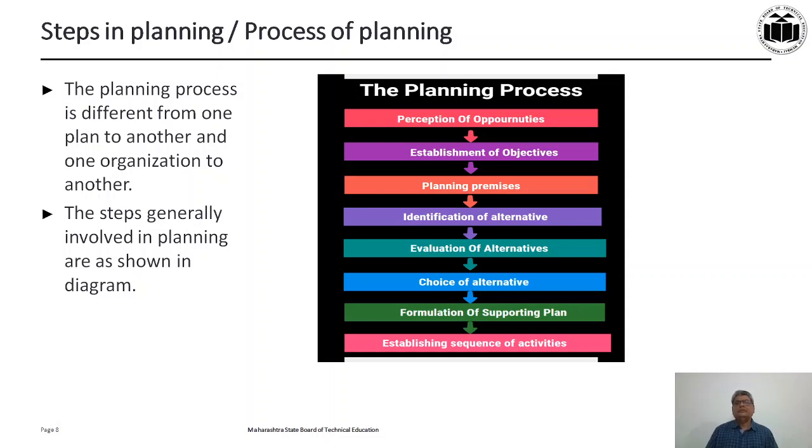A lot of supporting plans are to be made, from how to transport the ore to the plant, and how to transport the pig iron to the market, to how to arrange for the water, how to arrange for the power, and so on. So supporting plans were created, and then the sequence of the production activity was decided accordingly. The facility layout was created and the factory was established. So in short, I could explain to you what the planning process is.